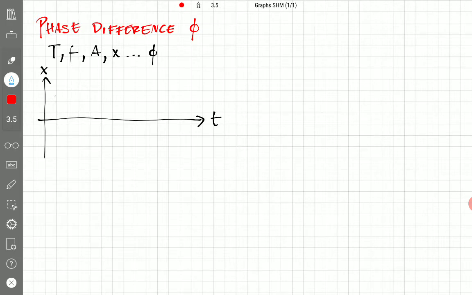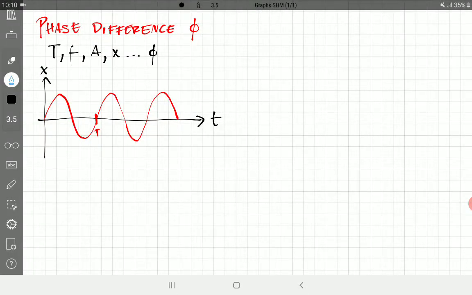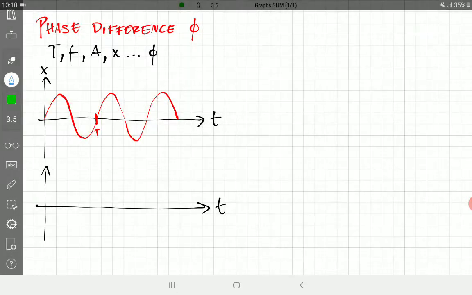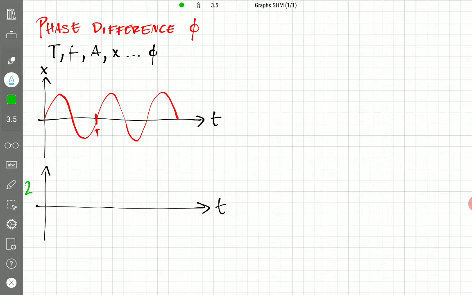So let's say that we have a situation of simple harmonic motion where this is the graph of displacement versus time. So we know that up to this point we're going to have one period, right? Well, this is the description of the motion. So the concept of phase difference comes handy when you're trying to compare what happened with that oscillation compared to what happened, for example, to this oscillation. So I'm going to make this one my number 2 graph. And number 2 is similar to that one, just that